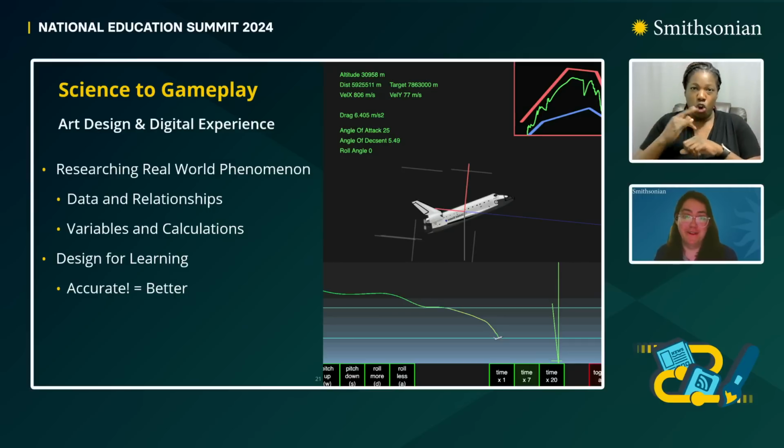Figuring out exactly how that's done required a lot of research, finding a lot of real world values like the drag and lift coefficients of the actual Discovery orbiter.